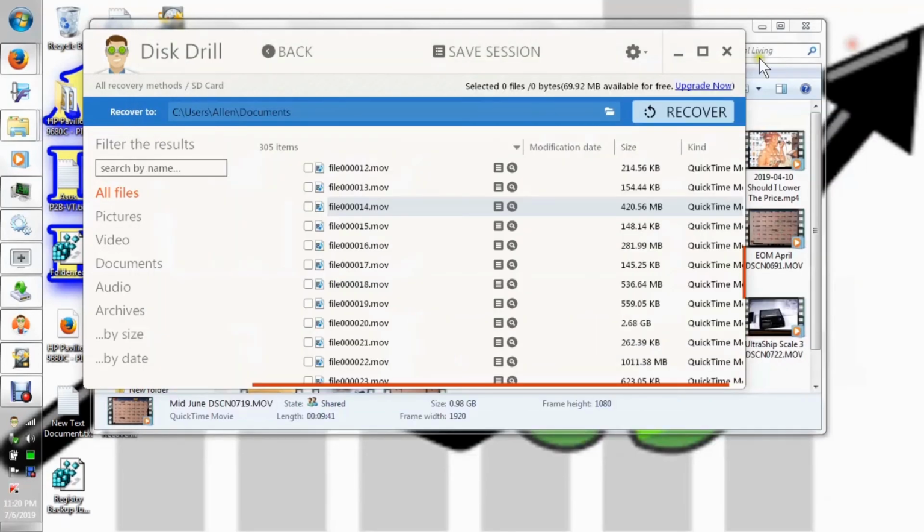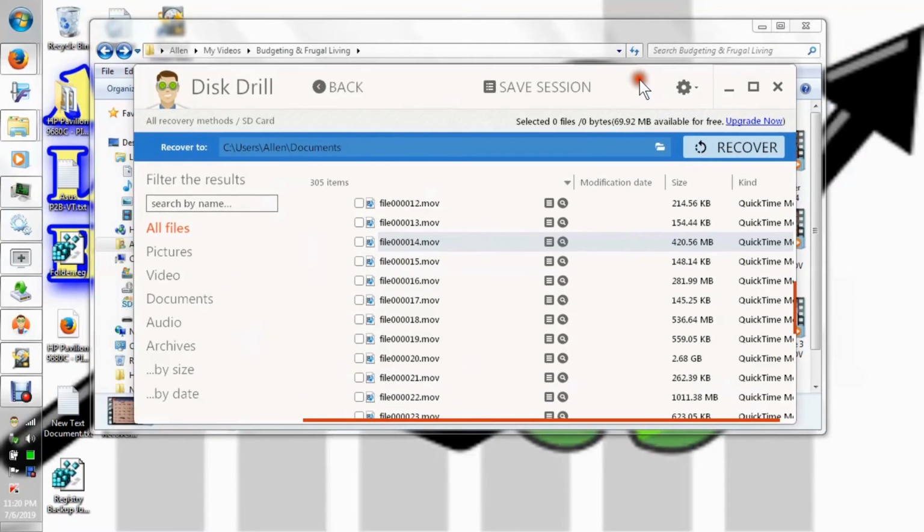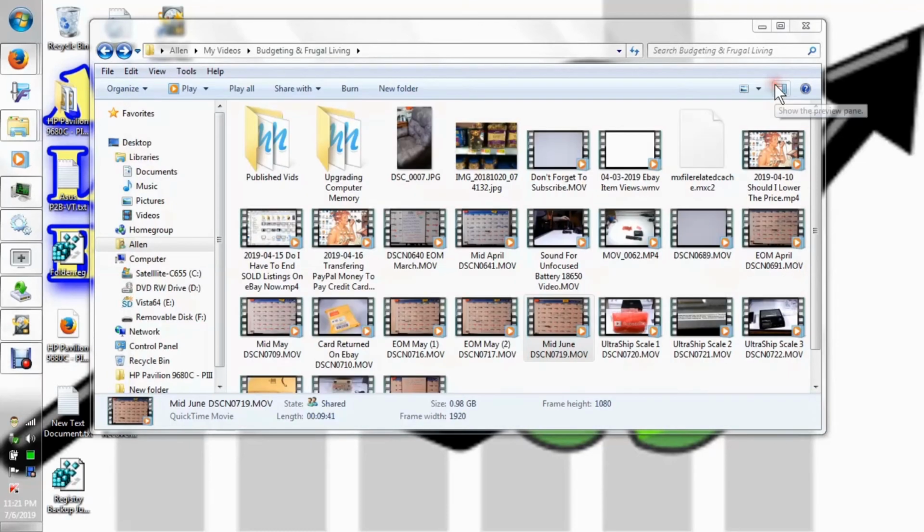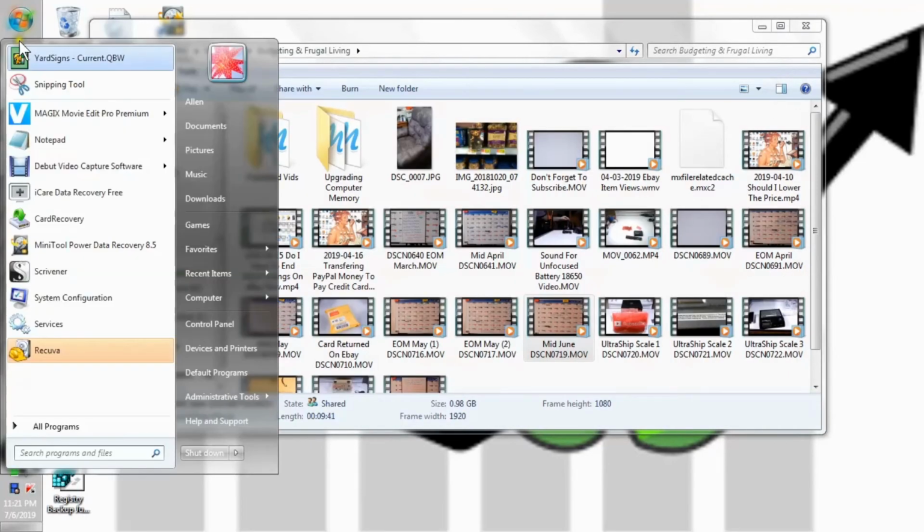Okay, so that's an epic fail for Disk Drill. The only real advantage I saw in it, if it worked correctly,